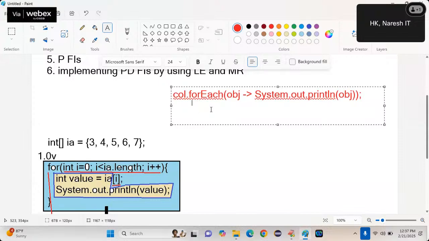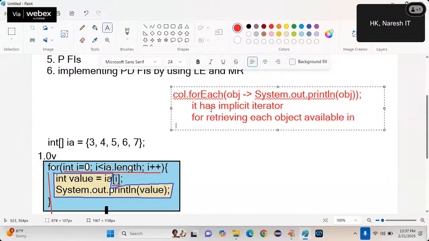Logic is executed internally. It has what? An implicit for loop, or implicit iterator, for retrieving each object available in the current collection. This is the point.